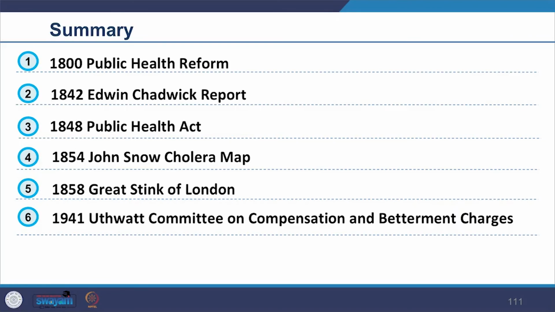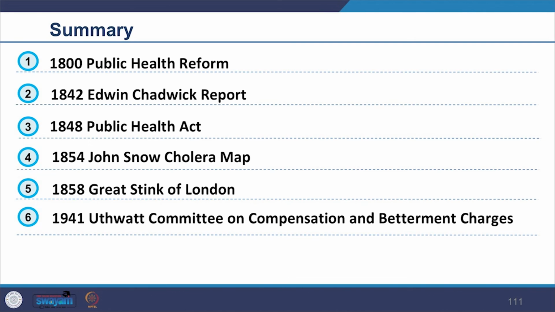We looked at the sequence of key dates and key interventions which took place in the UK, and we saw how it began from looking at what kind of public facilities have to be given, and then how land has to be acquired for that, and how the planning has to be done, and then what kind of compensation has to be given, and further how we need to be flexible, how the structural plan has to be done, and then we came to the understanding of how people have to be involved in the process. So we looked through all these